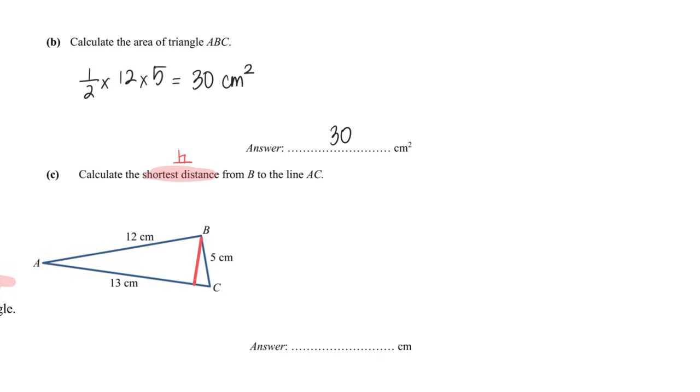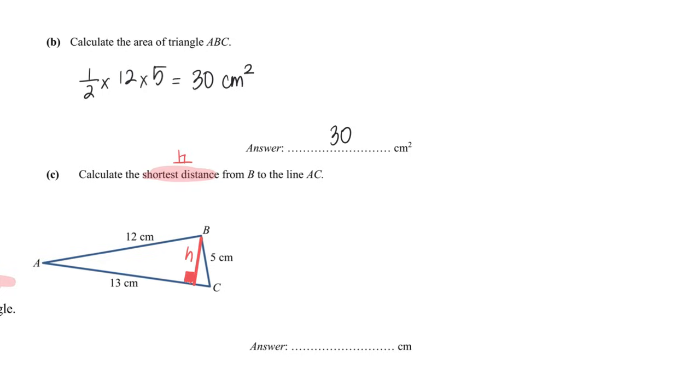And this line is that shortest distance. Okay, and it is 90 degrees, which means that I could actually make this my H,